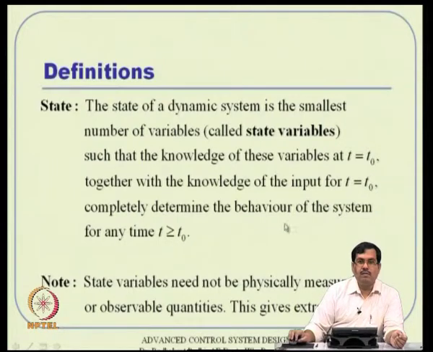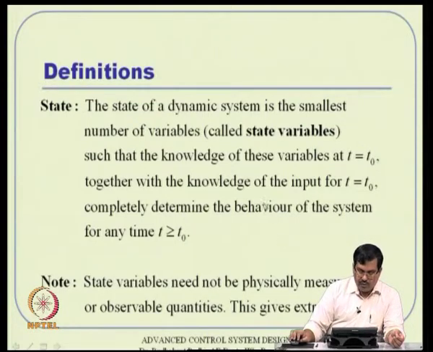All that you need to know is the initial condition of the state variables and knowledge of the control variables for all time. Then you will be able to know the state variables for any time t greater than or equal to t0. After that you know everything about the system. Remember, typically the outputs are a subset of the state variables in a way, because if you know the state variables, you can compute the output variables as a function of the state variables. They may be directly selected from the set of state variables, or they can pass through some sort of algebraic function.